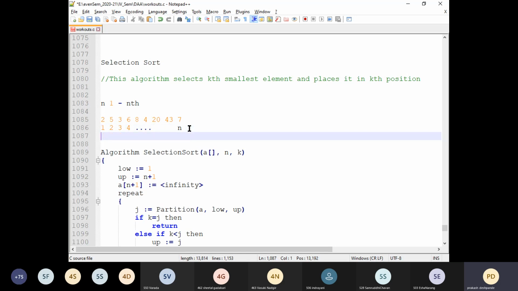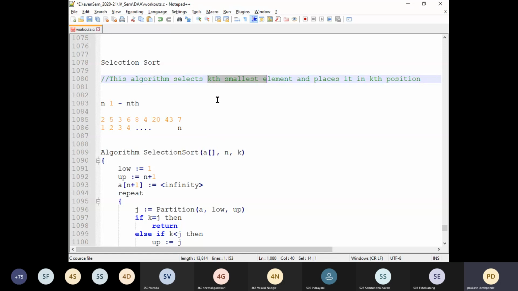This is different from what we have studied in our array concepts, right? In selection as per the divide and conquer technique, if there are n positions, then the position of the first element is 1 and the position of the last element is n. Are you understanding the first basic concept here? Yes. Now next is the kth smallest element.